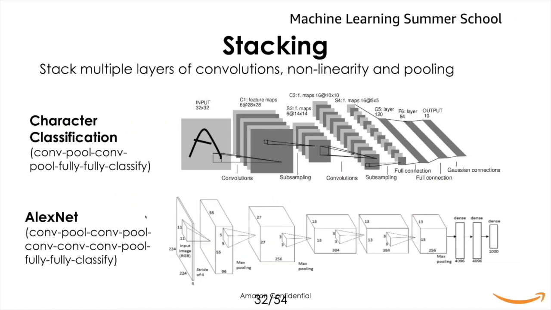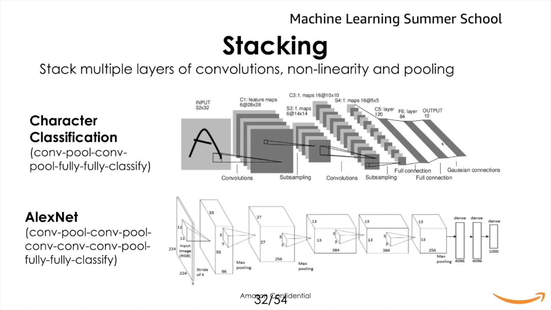So to get the entire architecture of the CNNs, you stack multiple layers of convolution, nonlinearity, and pooling together. For example, this particular block has all 3: convolution, nonlinearity, followed by pooling, which you can see because the dimension of the next layer has reduced. This is because you have a pooling here. And then again, another block of convolution, max pooling, nonlinearity, and max pooling, and another, and finally 3